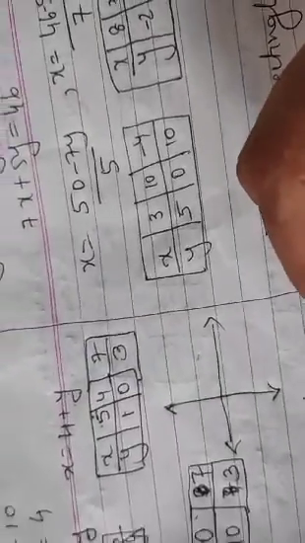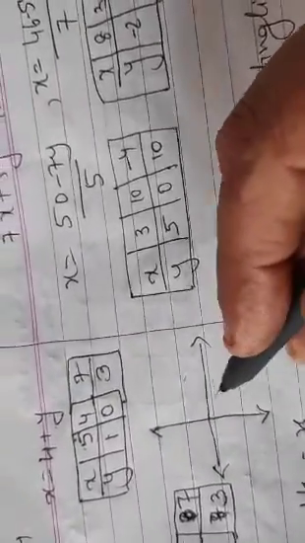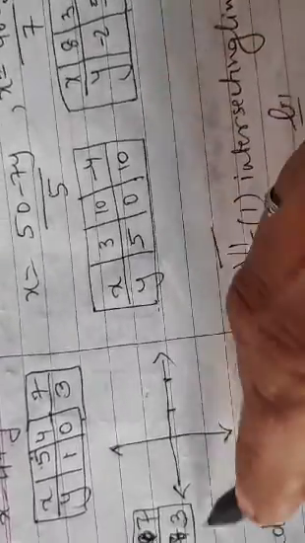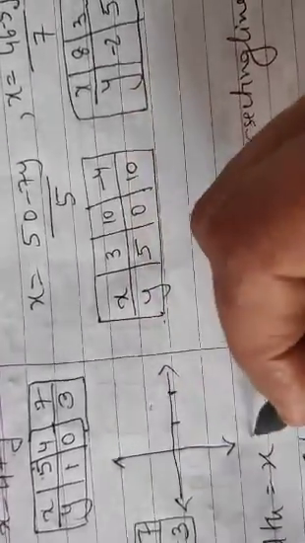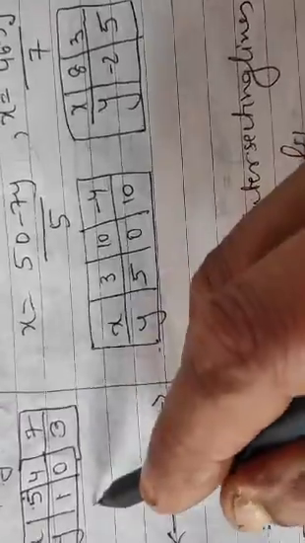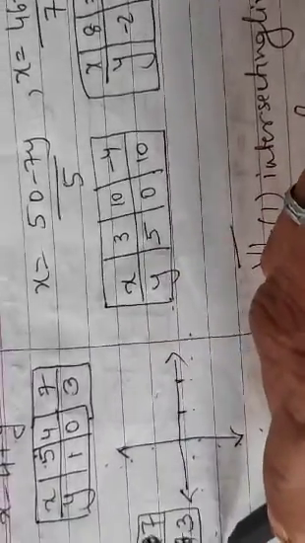I am holding the camera in one hand, so it's very difficult for me to have the scale to be used. And then 1 centimeter you mark like this on the x-axis on either side, on y-axis on either side, and write the numbers 1, 2, 3, 4, minus 1, minus 2, minus 3, minus 4, 1, 2, 3, 4, minus 1, minus 2, minus 3, minus 4. Clear? And then you have to plot these values. And then draw the line and find out the intersection.